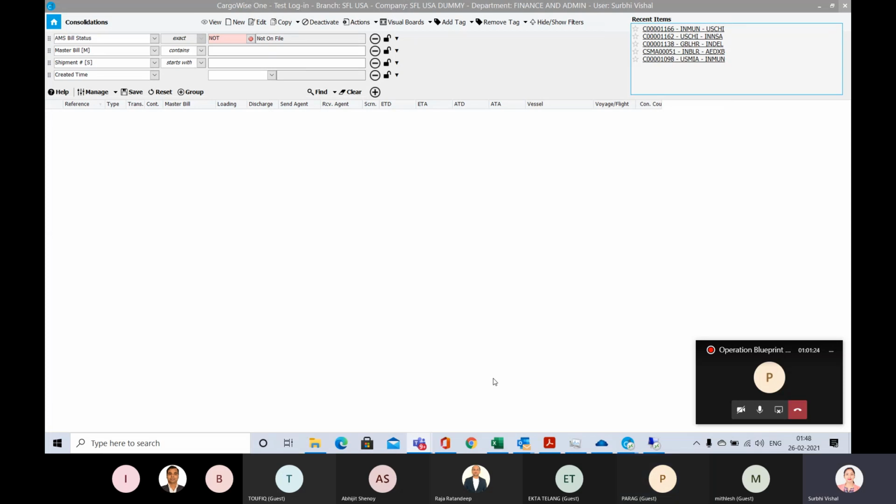Parag, I think you have to keep on checking that. You mean to say we have to check manually on the website? Yeah, you have to check, but I have given you certain options, like we can fire one trigger to your email that your container has not been loaded to this vessel. From that you can come to know that your container has not been loaded and you have to file it for the next vessel.